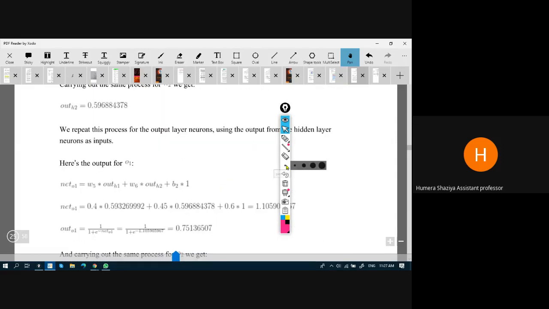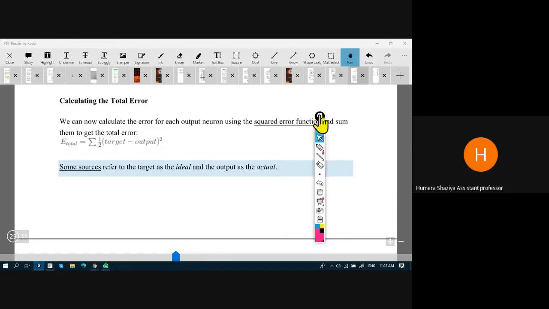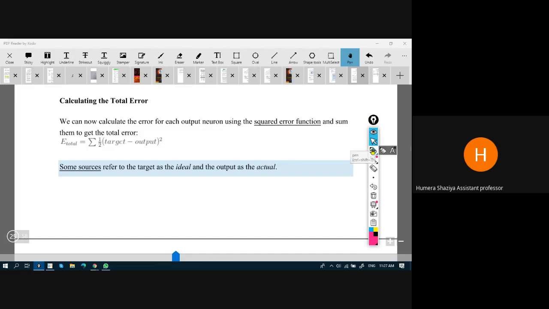So we are computing for O1 in a similar manner. First the summation and then the sigmoid logistic function activation. The entire process has been done. What process has been done? You have